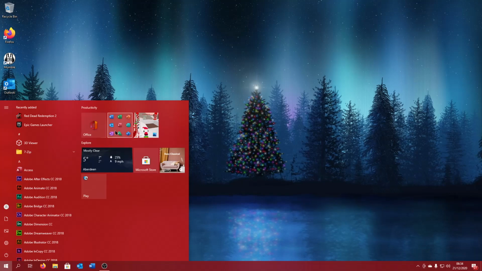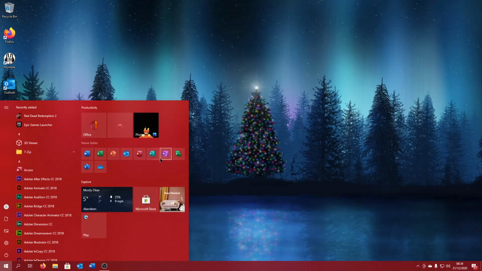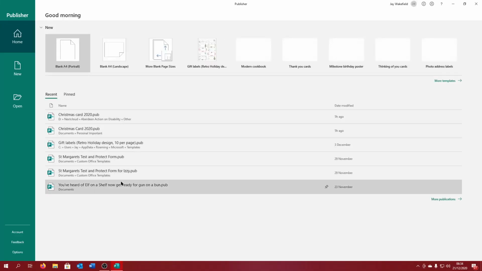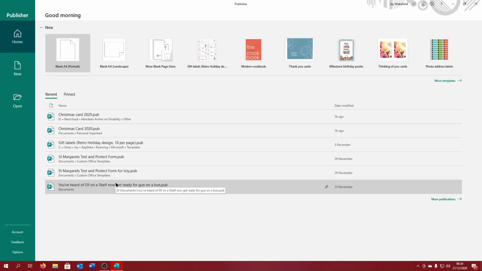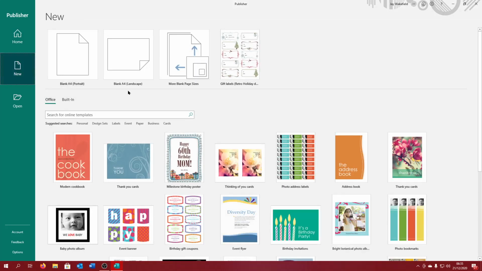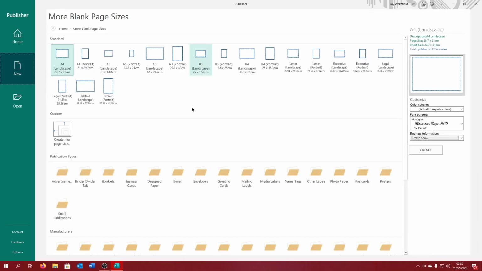So, what we're going to do is we're going to make an A4 folding card, and the way that we're going to do this is we're going to go to New. We've opened Publisher. We're going to go to New. And we're going to go to more blank page sizes. I've decided that we're going to do this